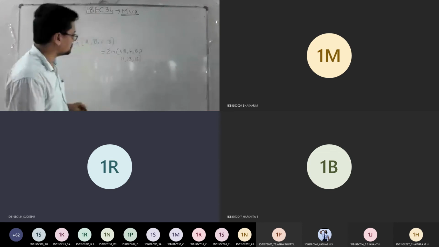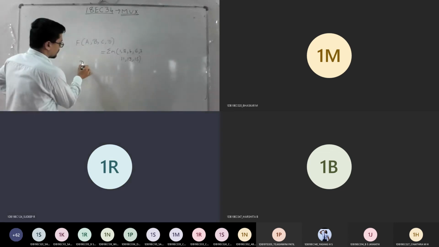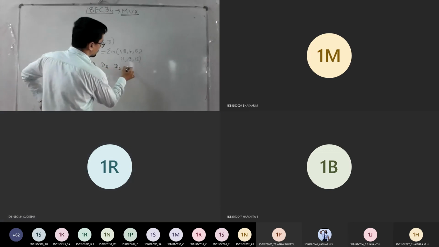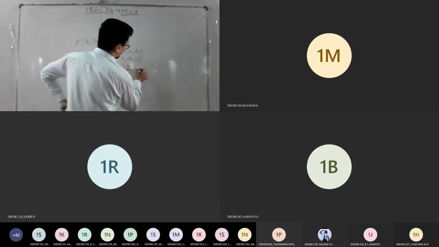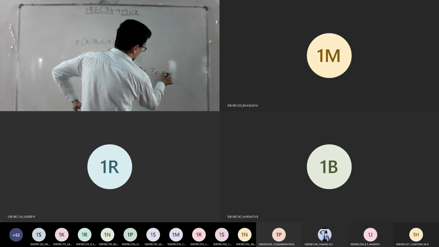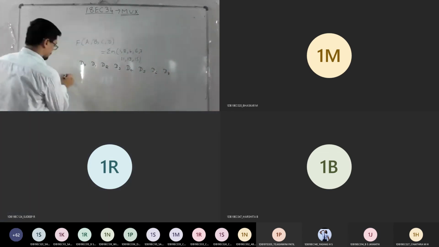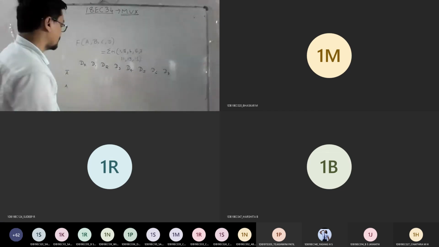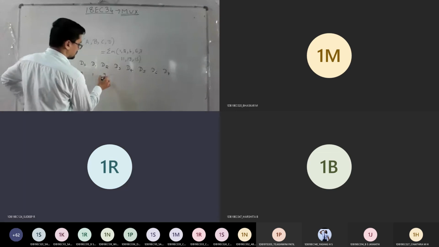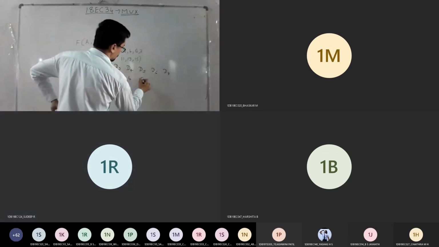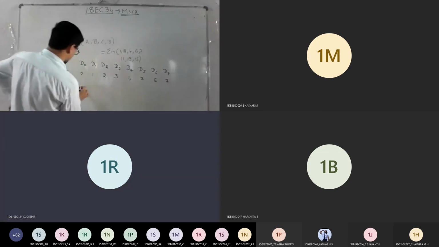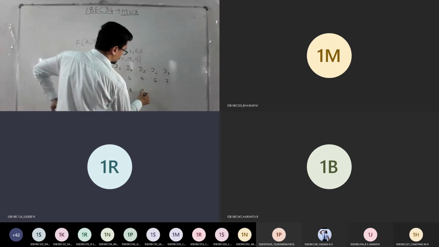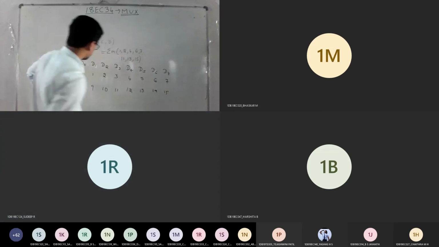Implementation table, so stick to the procedure. How many inputs will you take now? D0 to D7: D1, D2, D3, D4, 5, 6, 7. This A bar is constant, correct? Fill the numbers 0, 1, 2, 3, 4, 5, 6, 7, 8, 9, 10, 11, 12, 13, 14 and 15.